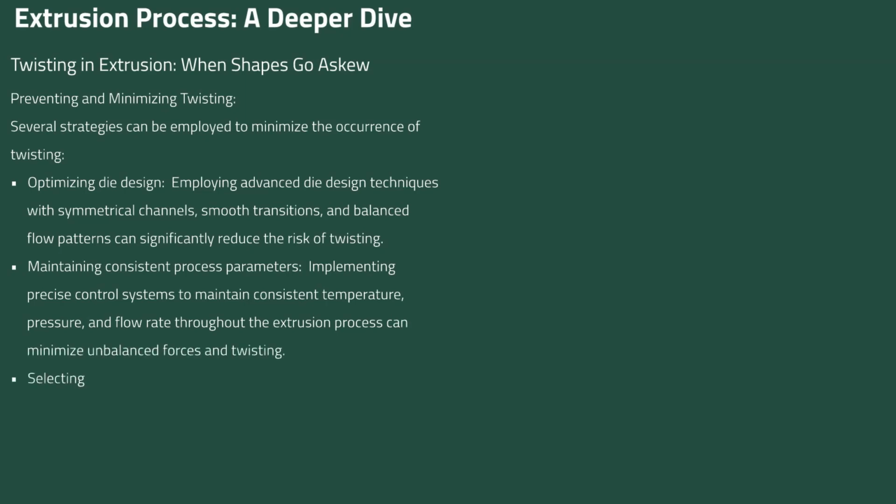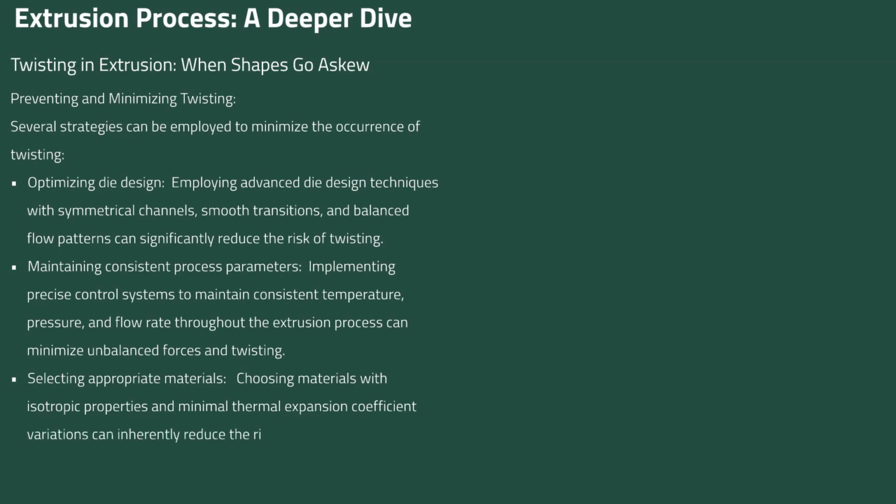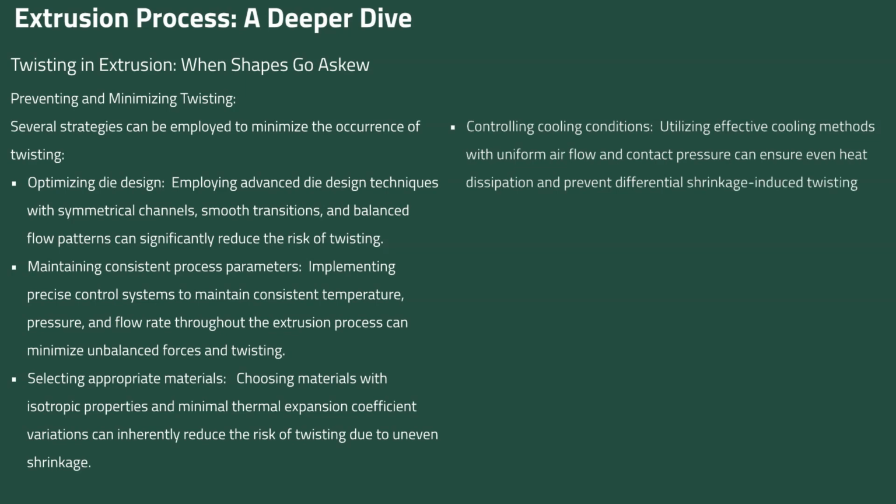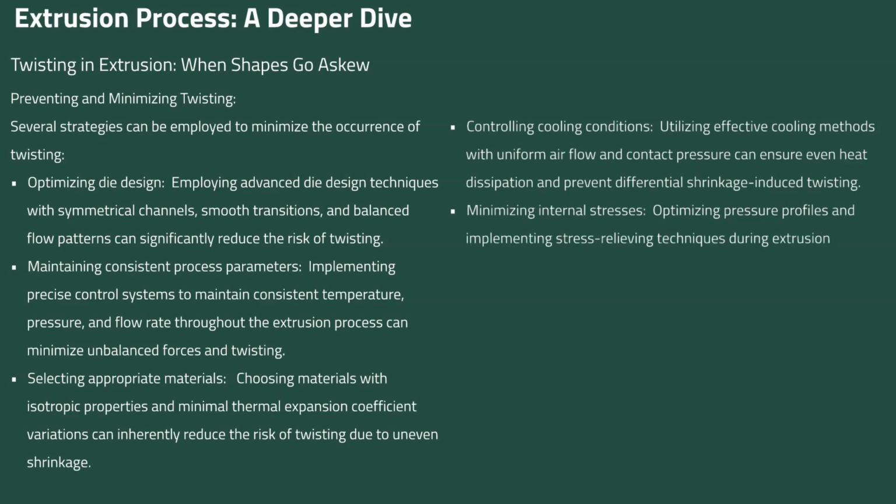and twisting. Selecting appropriate materials. Choosing materials with isotropic properties and minimal thermal expansion coefficient variations can inherently reduce the risk of twisting due to uneven shrinkage. Controlling cooling conditions. Utilizing effective cooling methods with uniform airflow and contact pressure can ensure even heat dissipation and prevent differential shrinkage-induced twisting. Minimizing internal stresses. Optimizing pressure profiles and implementing stress-relieving techniques during extrusion can help manage internal stresses and prevent torsional